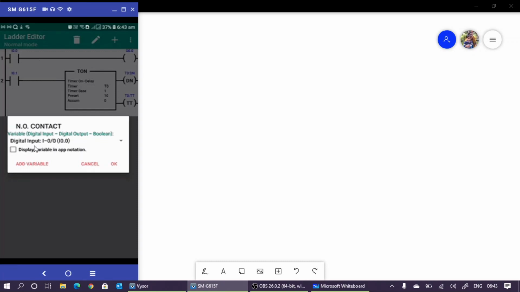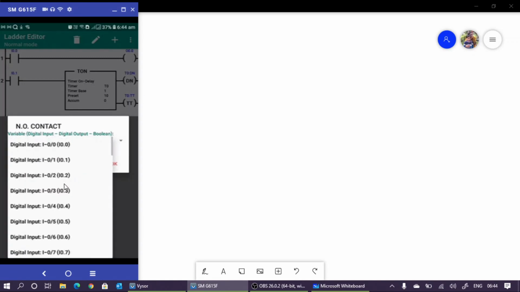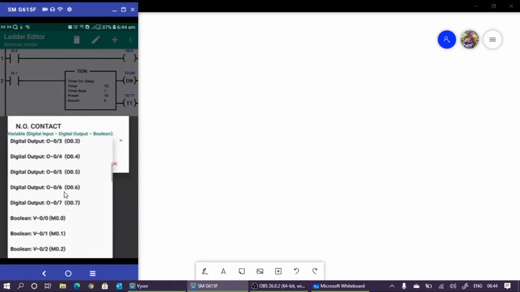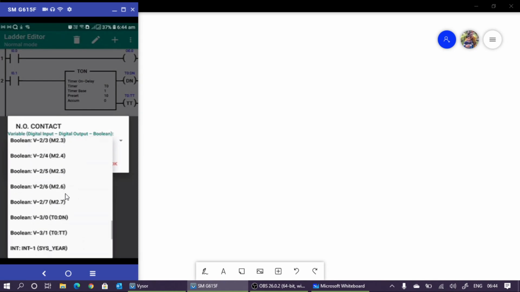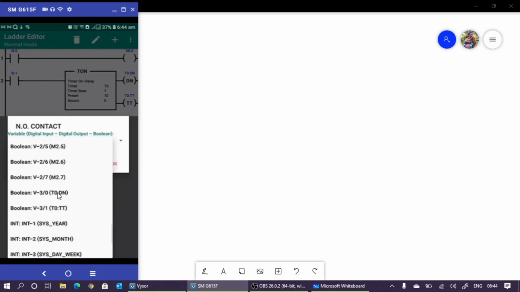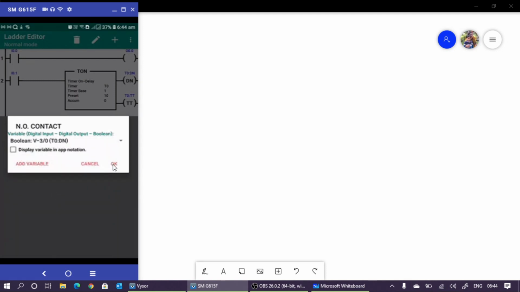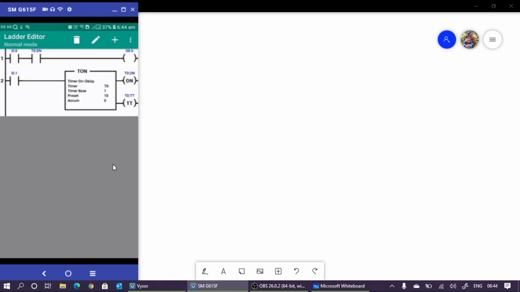So now digital input. So what are we using? Done bit, right? Scroll down. Yes, here we have timer done bit. Okay. So that one is added. So now run the program.